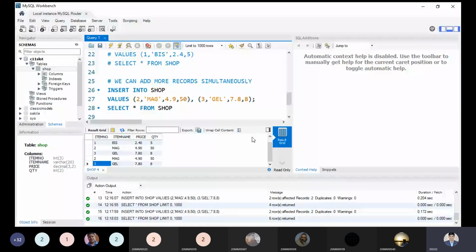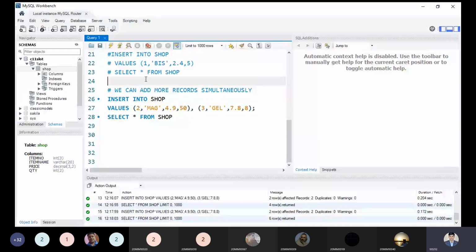What is meant by the DDL? So this is what you will be able to see what we are doing. First, we are creating a database, so we are performing the DDL, data definition language. Next, we are using the DML, that is the insert into. So we are updating the record by adding more and more records. We can do anything. So we have to take some steps.